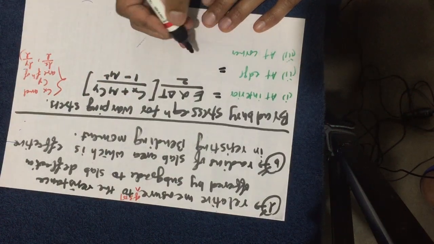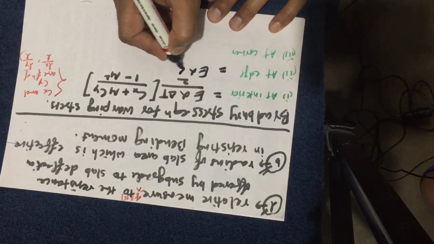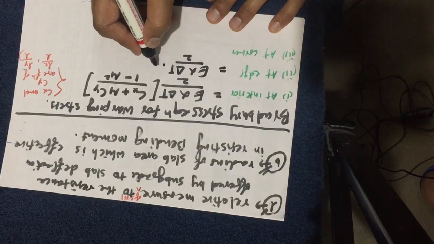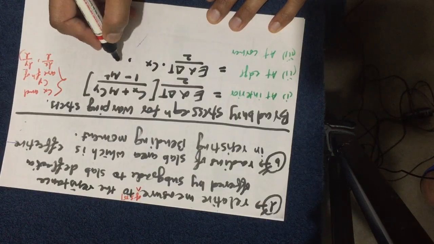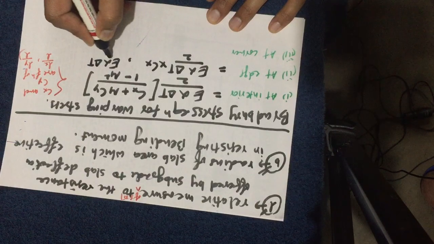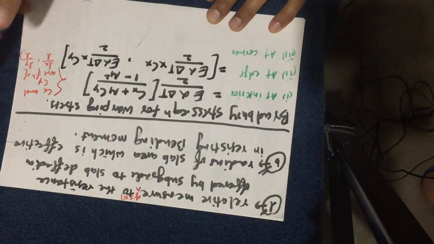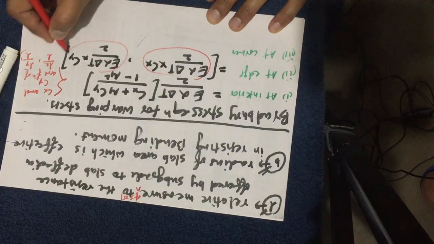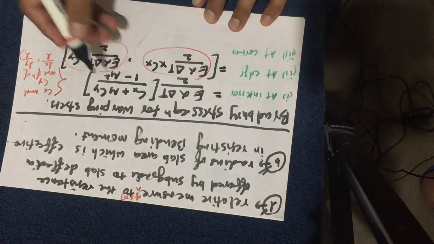And the second thing is the warping stress equation at edge. It is E alpha delta T divided by 2 into Cx, or E alpha delta T divided by 2 into Cy. Calculate independently the value of this and the value of this, and whichever value comes out to be maximum, take that value as the critical stress at edge because of the warping conditions.